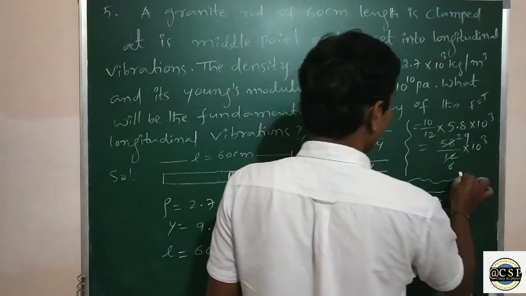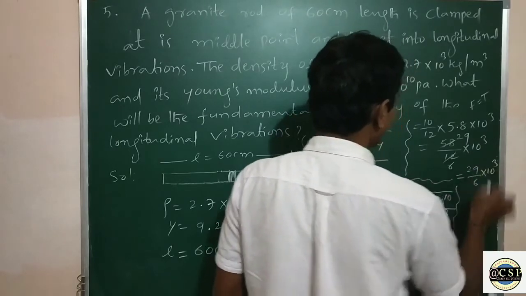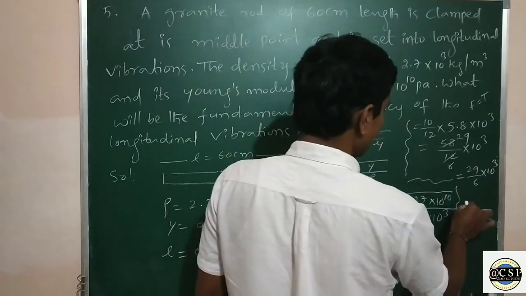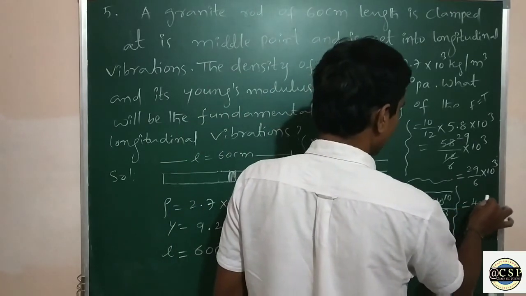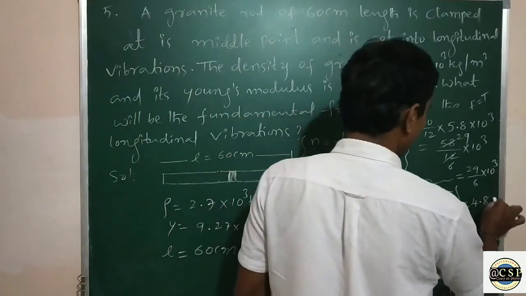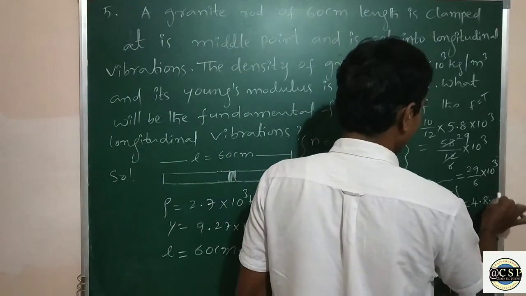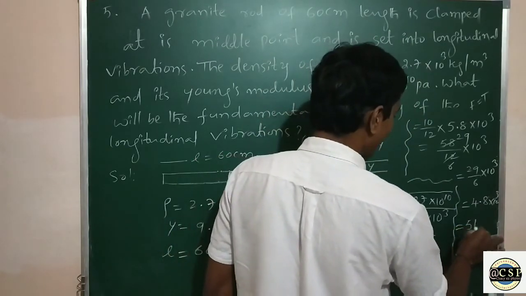And next, 29 by 6 into 10 power 3. So that is equal to 4.8. 6 4s are 24, so approximately 4.8 into 10 power 3. So finally that is approximately 5